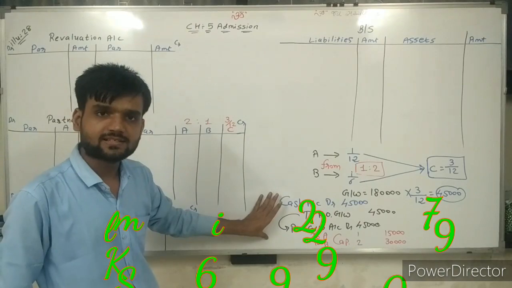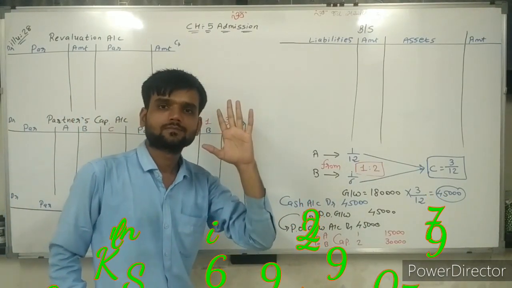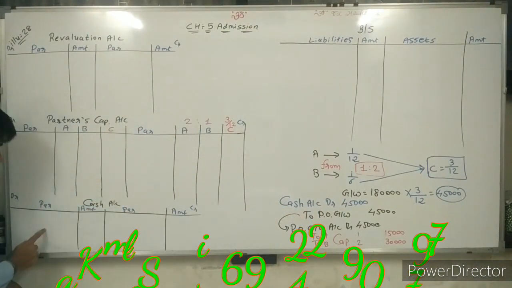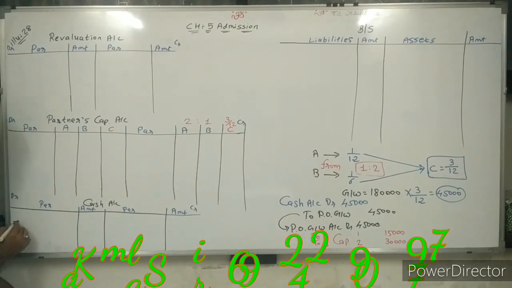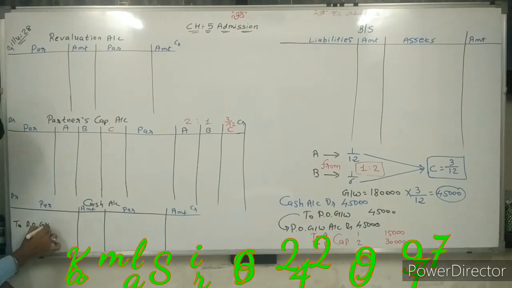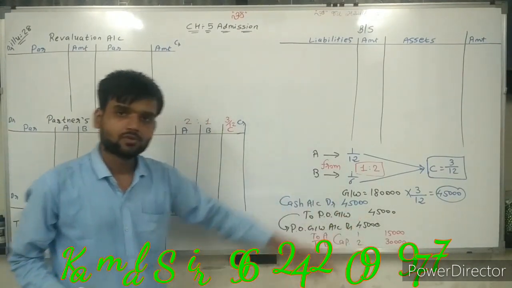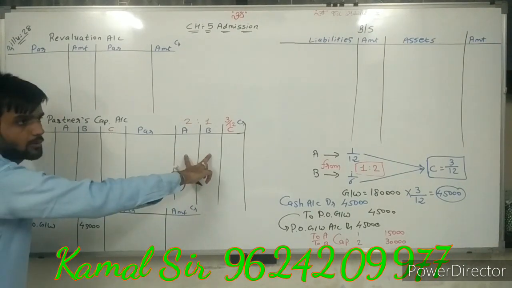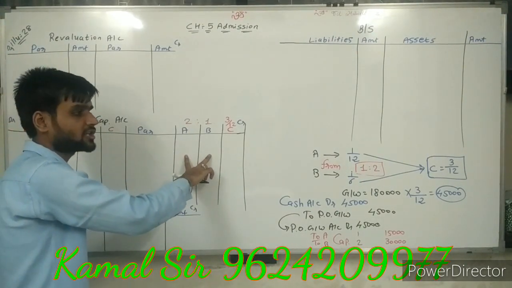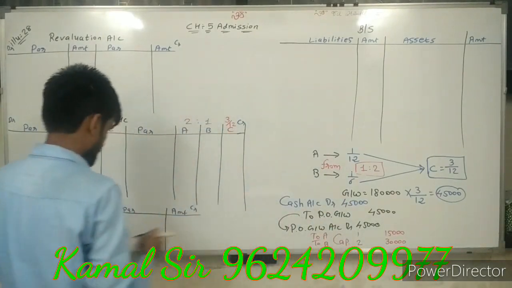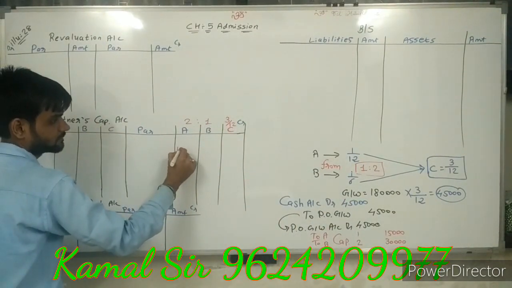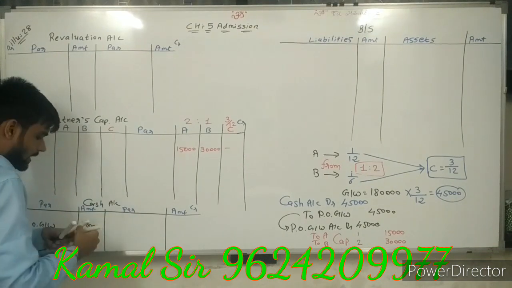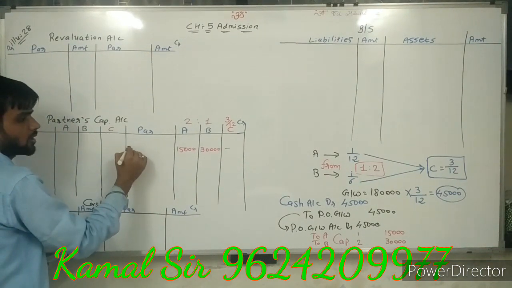So these are two journal entries related to goodwill. Now ledger posting of this: cash account debit. Cash account debit side, write premium of goodwill. How many rupees were brought by the partner? 45,000. So write down 45,000. This 45,000 is distributed among the partners in their sacrifice ratio. Sacrifice ratio 1:2. So distributed 15,000 and 30,000. And against it, we are writing by premium of goodwill.